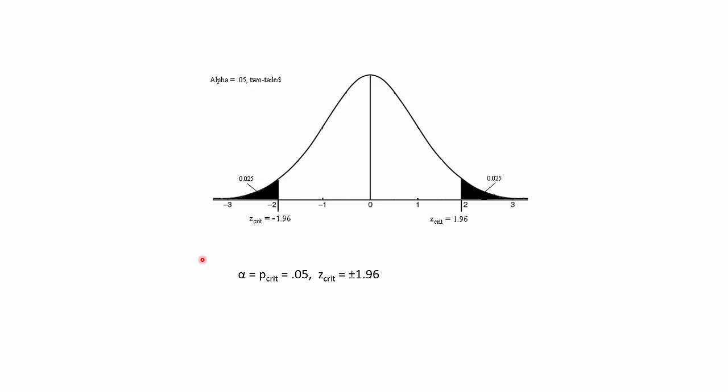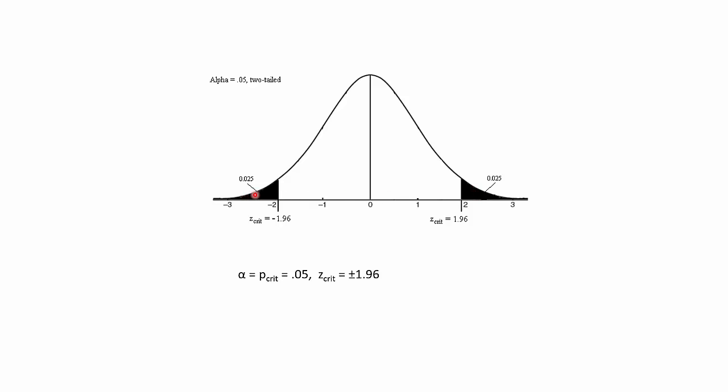The alpha level will be given in every problem, and most of the time I'm going to ask you to use an alpha of 0.05. That's going to be your p-crit. Sometimes I might ask you to use 0.01 or something different just to see if you can look something up in a z-table, but I'm usually going to give you an alpha of 0.05. Then all you need to do is just memorize, okay, z-crit is going to be plus or minus 1.96 because 2.5% is cut off by negative 1.96 on this side, positive 1.96 on this side, so 5% total. So the darkened region is my rejection region. If I get a z observed value up here or down here, I'll reject the